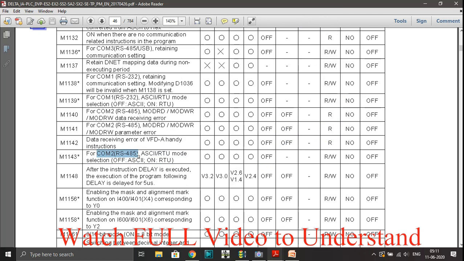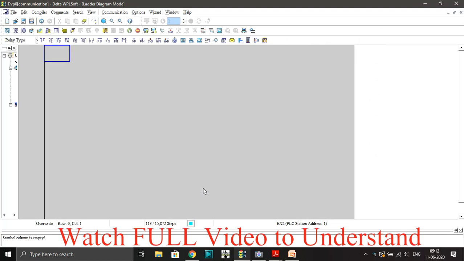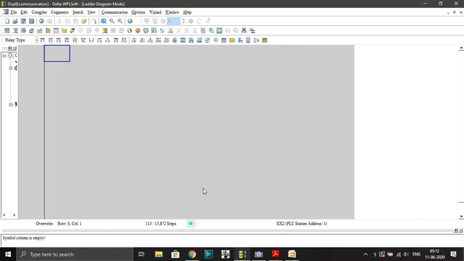So let's see. When my PLC is in running mode, I want my communication to be completed between the PLC and VFD. We have one memory bit that says the PLC is in running mode, and it gives a single positive pulse.